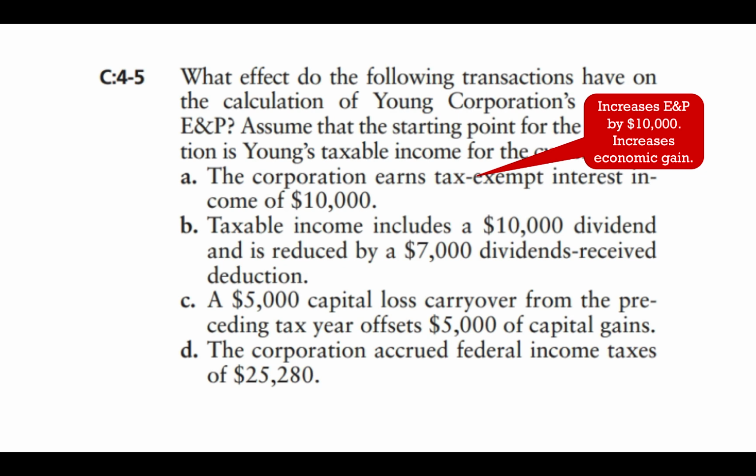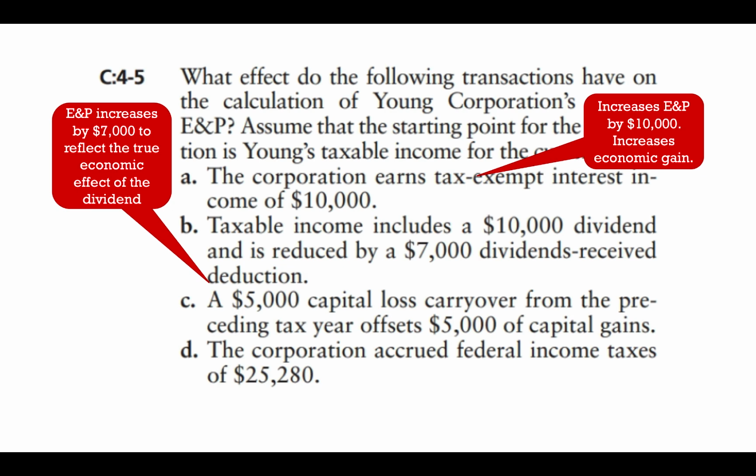Part B, we have taxable income including a $10,000 dividend that was reduced by a $7,000 dividends received deduction. So this year, Young Corporation received $10,000 as a dividend, but only had to report $3,000 in their taxable income. So for earnings and profits purposes, we need to increase earnings and profits by $7,000 to reflect the true economic effect of the dividend. Part C, a $5,000 capital loss carryover from the preceding tax year